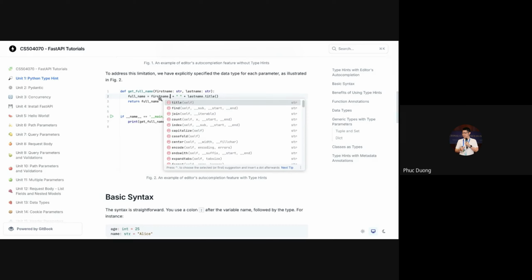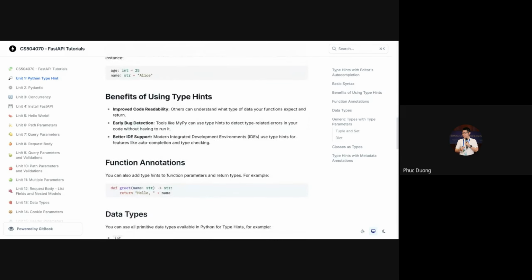For example, when you type first name dot, the editor now shows you a list of compatible functions such as title, join, count, and so on, because the editor now knows that you use the string as the data type for the first name. Okay, so Python typing is a way to explicitly define the variable data type in your code.